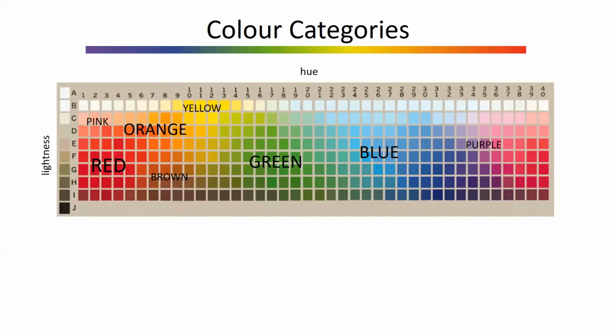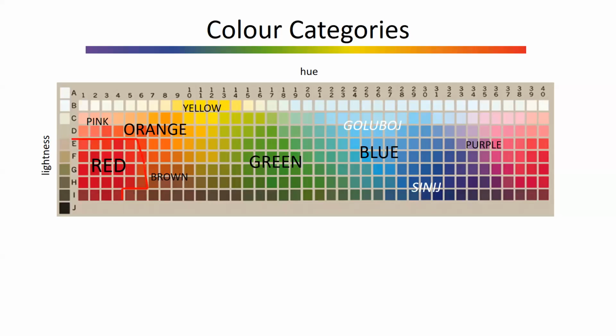But this is not the same for every language. So for example, in the Russian language and several other languages, there isn't a single word for blue, but there are actually 2 terms, one used exclusively for the lighter shades and one for the more chromatic, darker shades. So this is quite interesting in itself when we think about the labels, but there are other phenomena that here are quite marked.